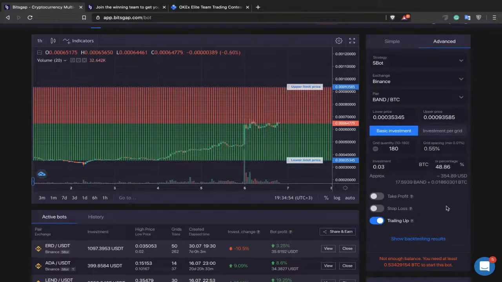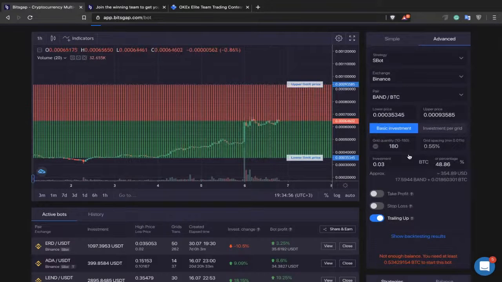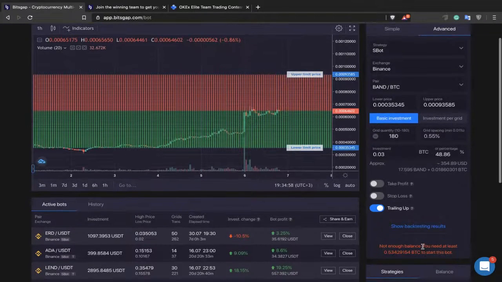It turns out that in order to launch this bot, the system is telling me that I don't have enough. So to have 180 grid levels with this trading range, that amount of investment is not enough. So the system is telling me that you must have at least 0.5 BTC. Let's assume that you don't have that amount,